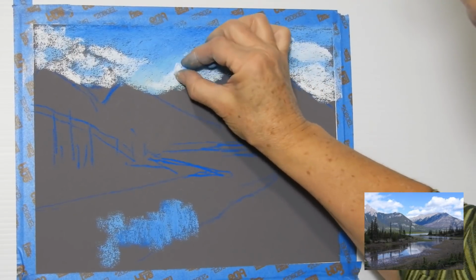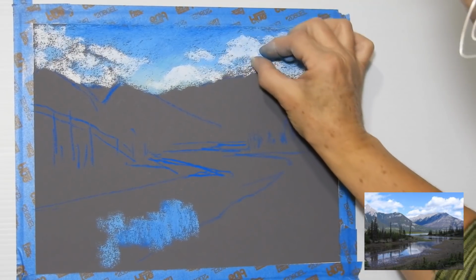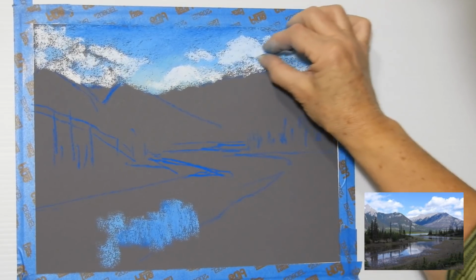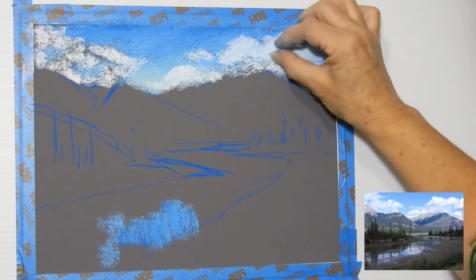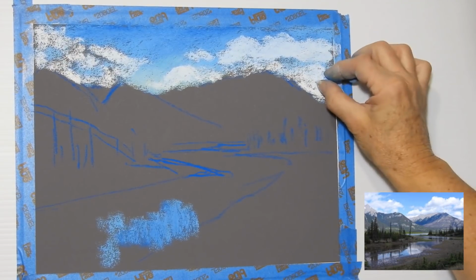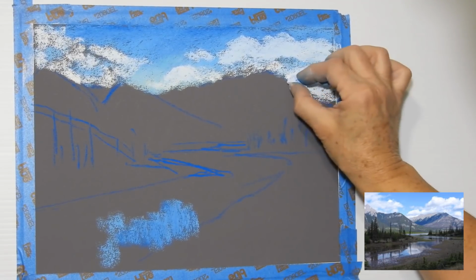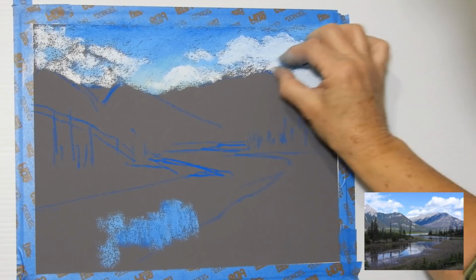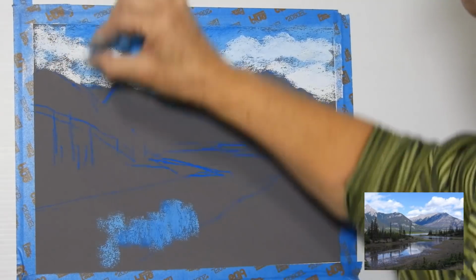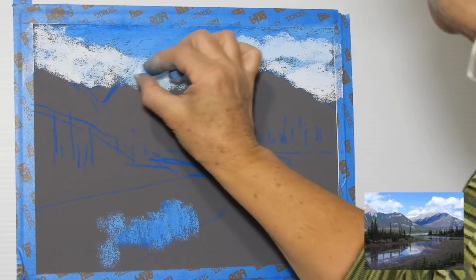I'm working back into these with my soft pastels. And I'm going to want a little... you can see as I drag it across there, I'm picking up the blue from the sky, and that's helping with correcting the too-lightness of the pastel I've used at the beginning, just by mixing with the pastel, by dragging it across, picking up some of the blues and making it